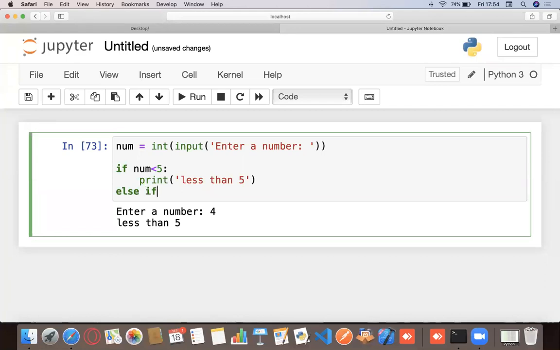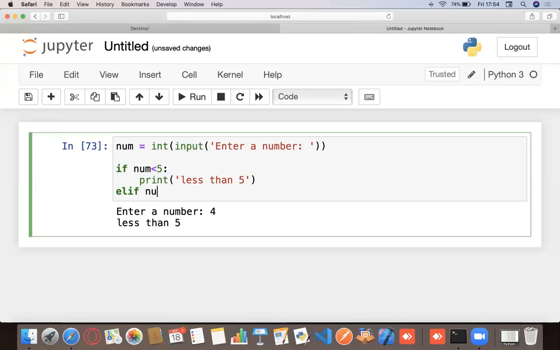In Python, had it been any other programming language, you could have written something like an else if. In Python, it doesn't work that way, because the creator of Python, Mr. Rossum, likes shortcuts a lot. It's a general syntax in Python, writing all this stuff in shortcuts. So instead of else if, you write elif. Elif, just like if, takes in a condition.